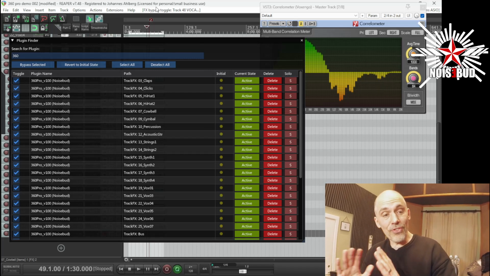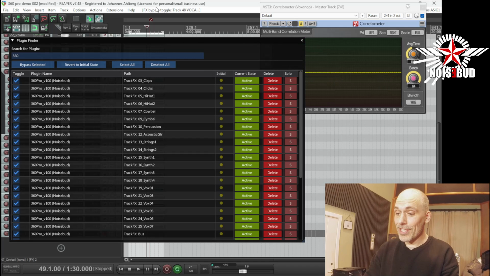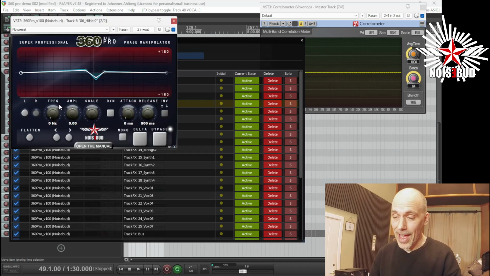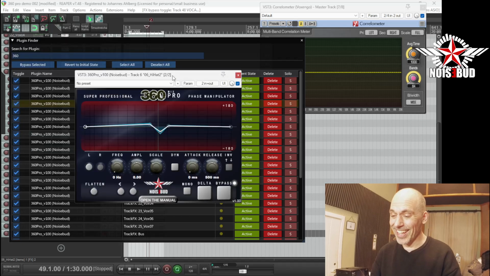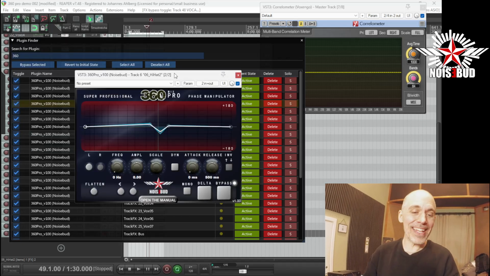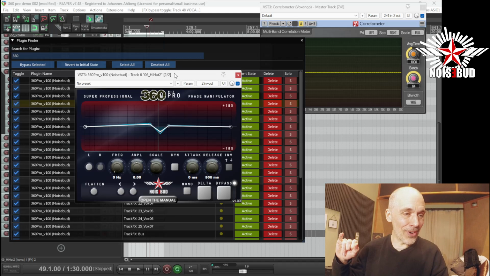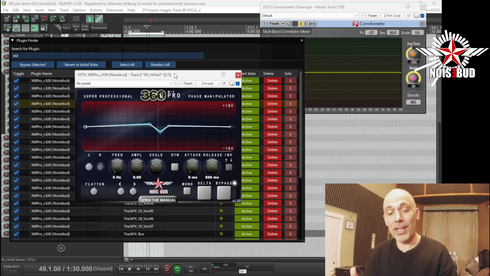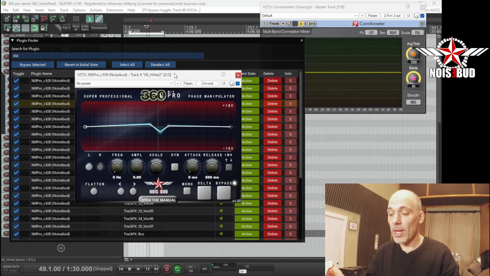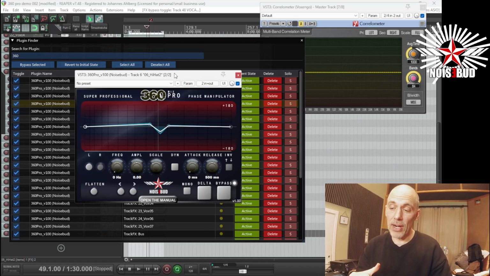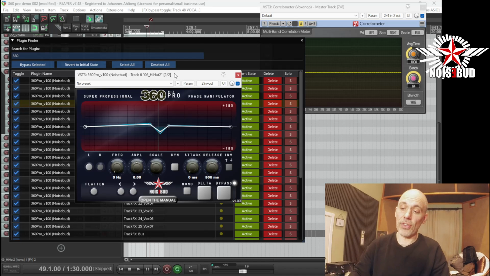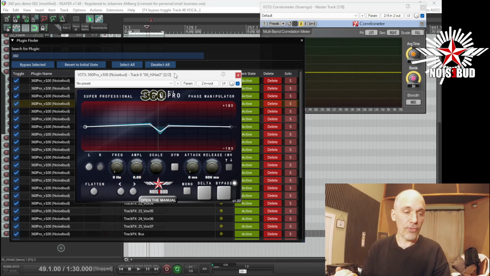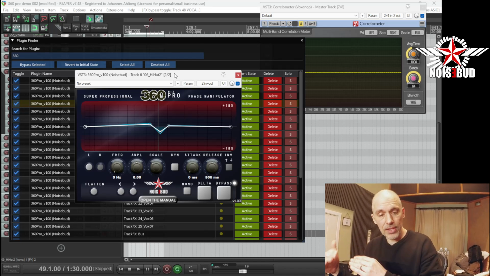Yeah, so that is 360 Pro. And there will be a mastering version for higher paying tiers as well. That is exactly the same plugin, but with a higher resolution. And that's the only difference between them. And sometimes that is better. I actually think this version, the mix version, is better for creating stereo